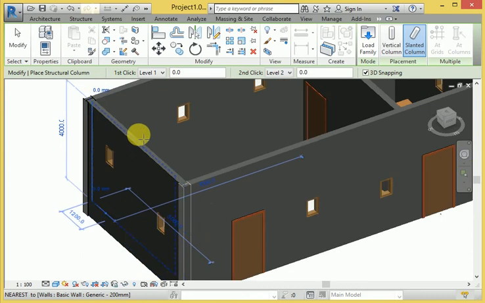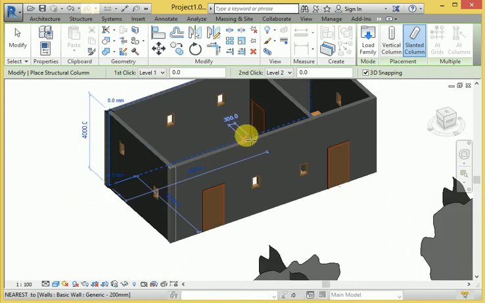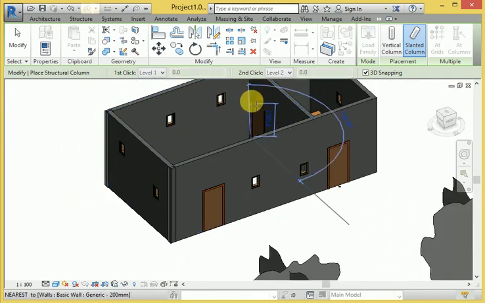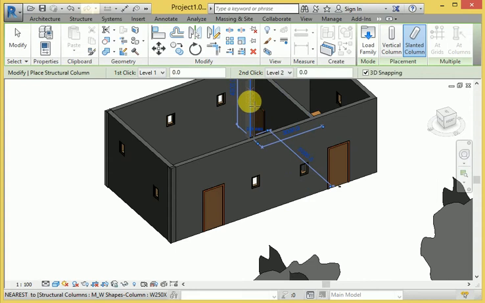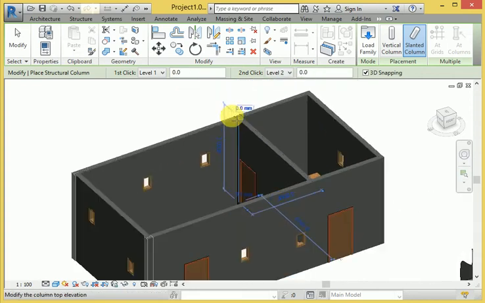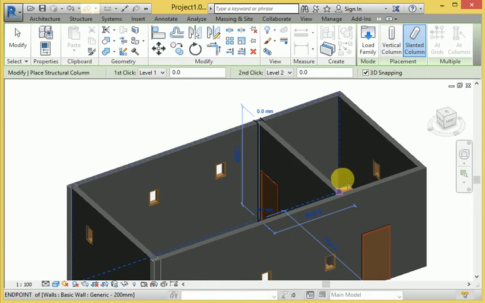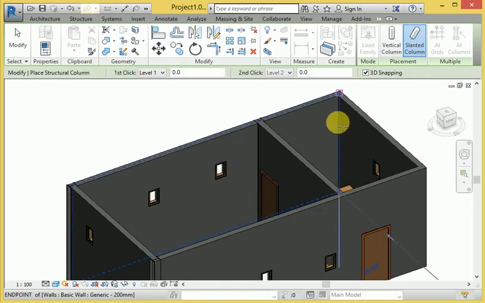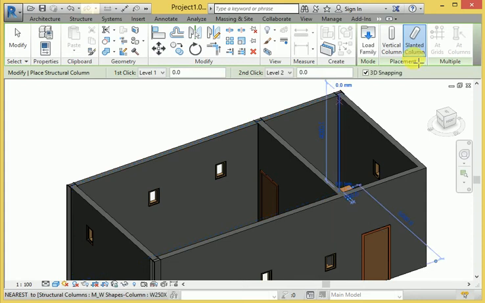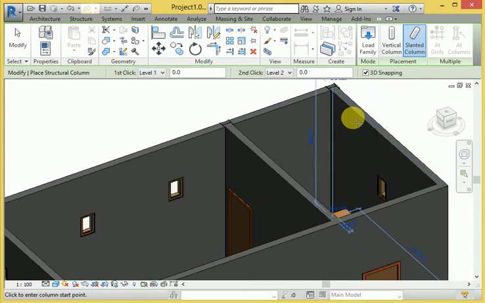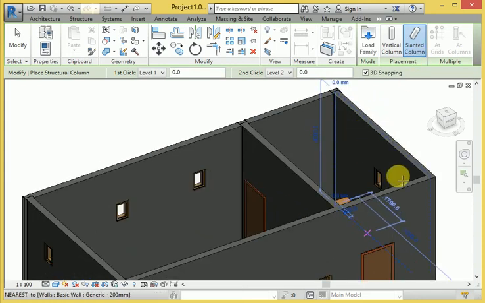The same thing again, I will choose from this particular point and go in the upward direction. It makes the third column right now. The same thing again, I show this particular point and go upward, and apply the fourth column in the same direction.